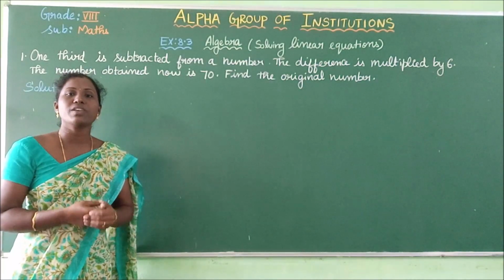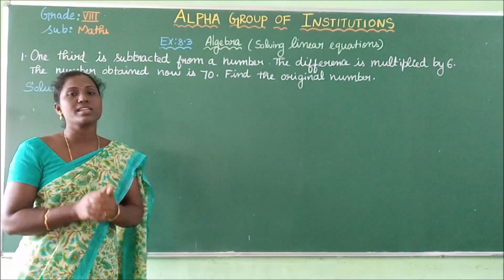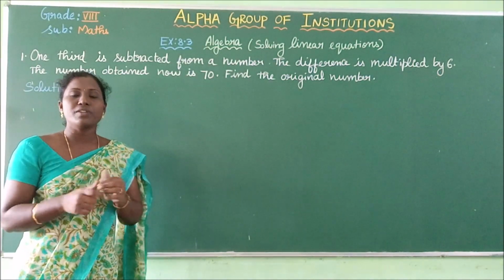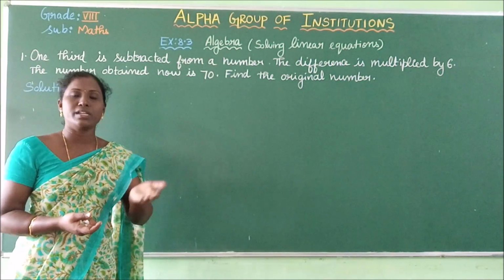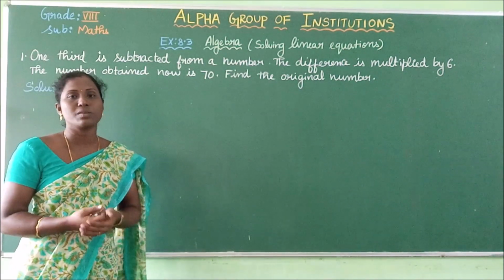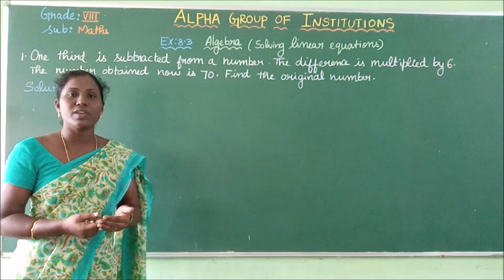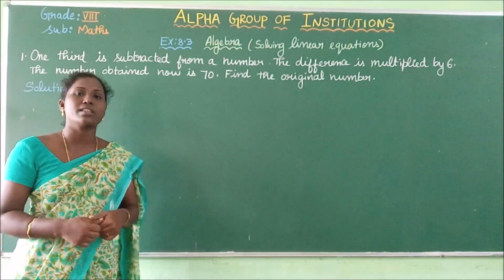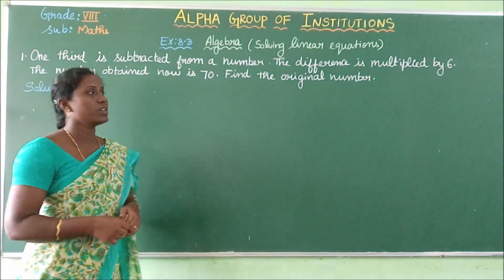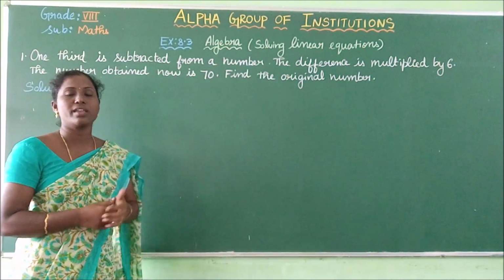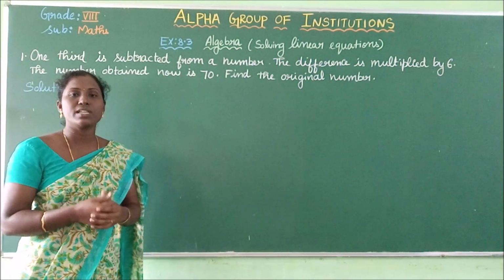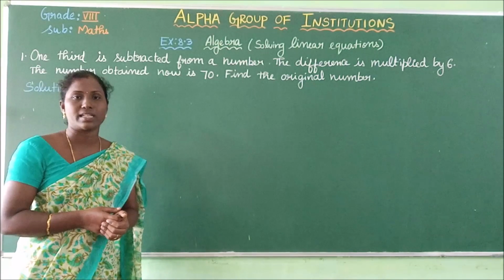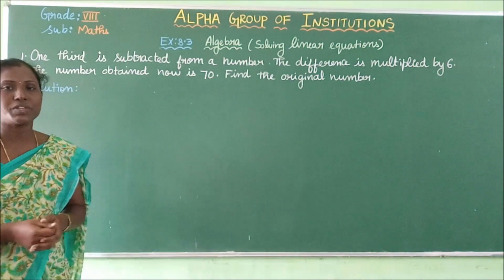What we are going to do is read the question clearly, analyze the question clearly, and frame the equation for the question. After framing the equation, in the same way as in the previous exercise, we solve the linear equation. Based on that, we are going to solve and find the unknown variable, and also the thing asked in the question. In this exercise, the questions are given in the form of statements, like a situation. So see here the first question.